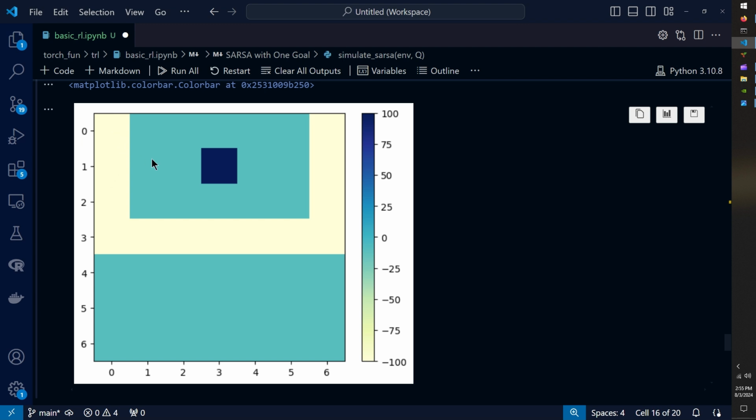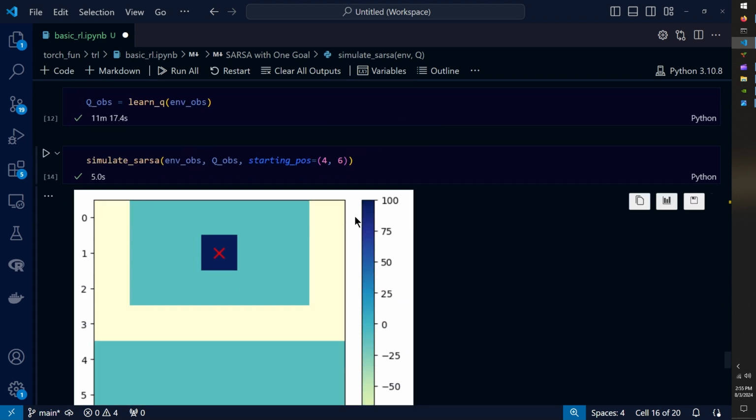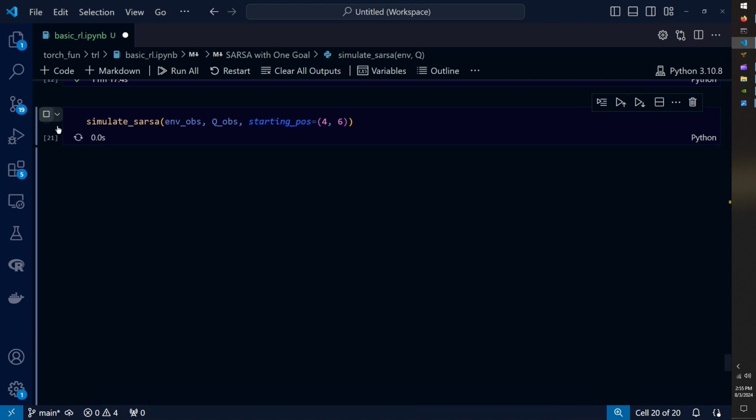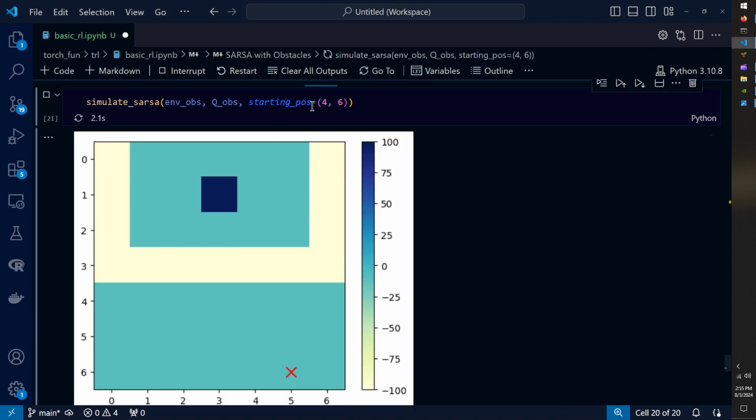And so what happens if we put an agent in this environment and teach it with Sarsa again? Doing so, the learning takes about the same amount of time for a full 1,000,000 episode learning session. But then when we simulate, if we assign a specific starting position like 4, 6, which is outside of the barricade,